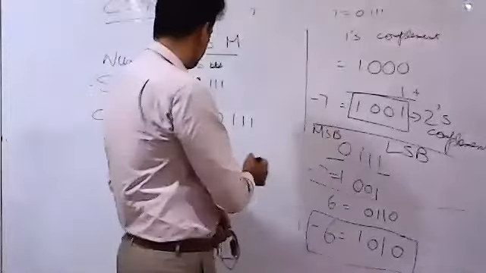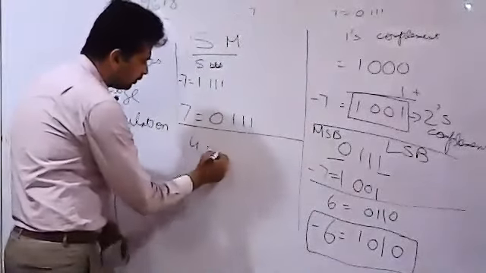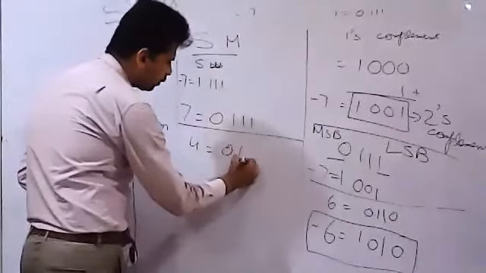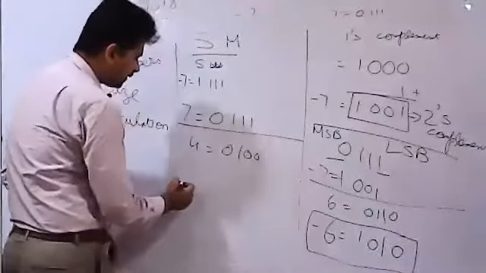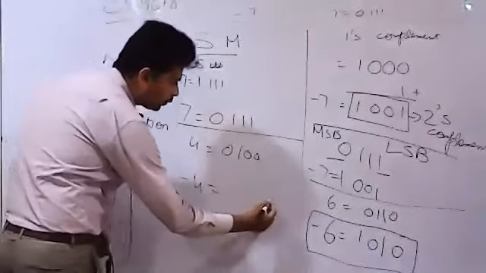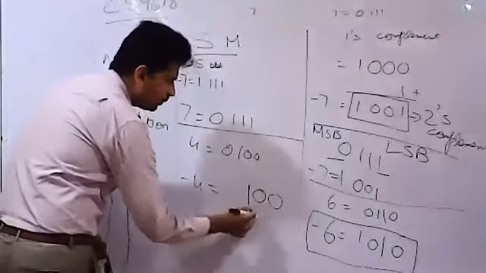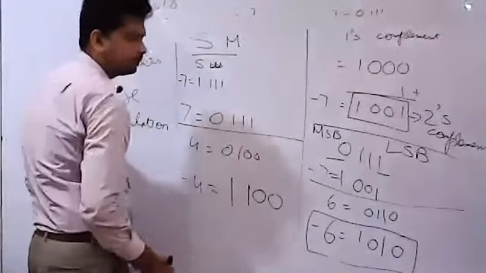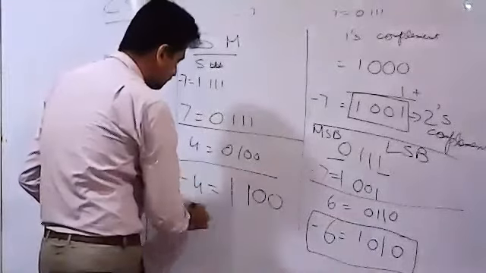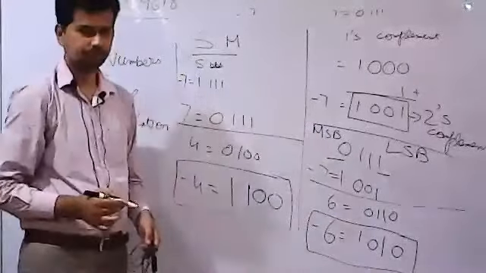If you are representing, for example, let's use that part of the board, 4, 4 would be 0, 1, 0, 0. And if I wanted to represent the negative 4, I'm going to scan it from the right side. Wherever the first one comes, the value will remain the same till that point, and afterwards it would be reversed. And that would be my 2's complement. So to represent the signed integers, we use the 2's complement method.